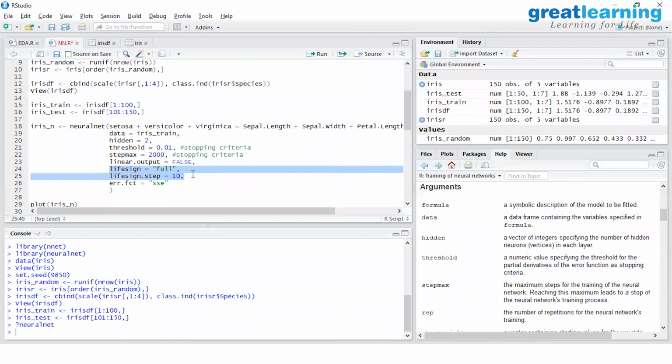These are only to tell R that I want 2000 iterations. These two steps are only to tell R that I want to see the output after every 10th iteration. If you skip this step, even then the algorithm will run, but it will not show you what is happening